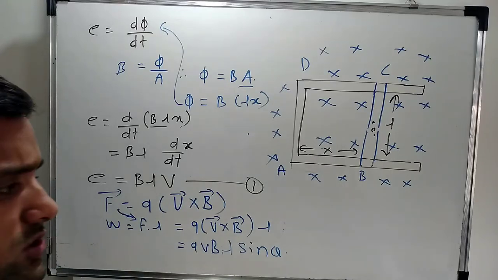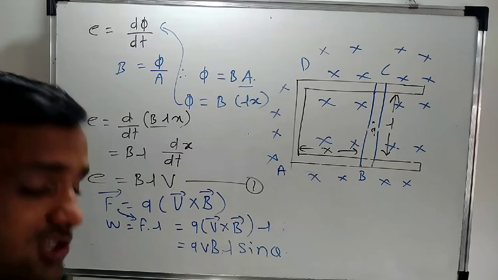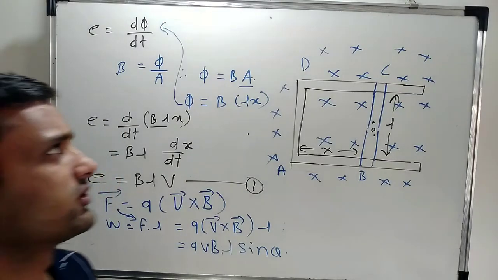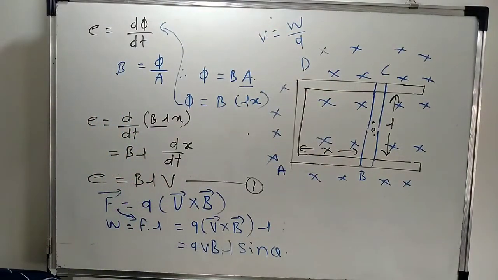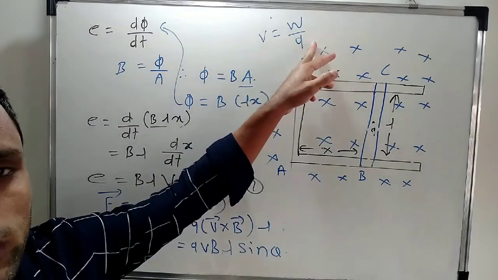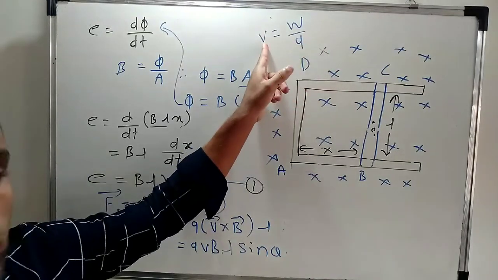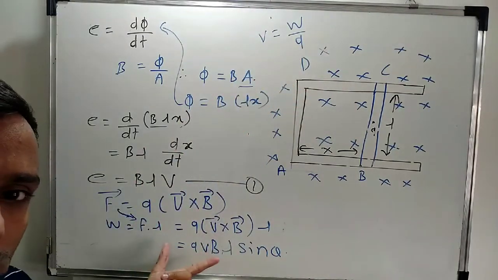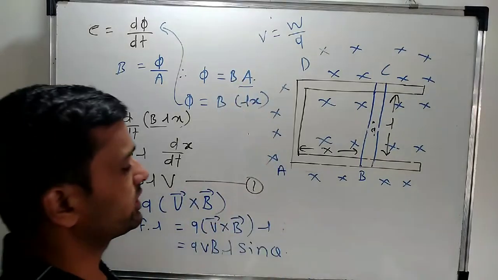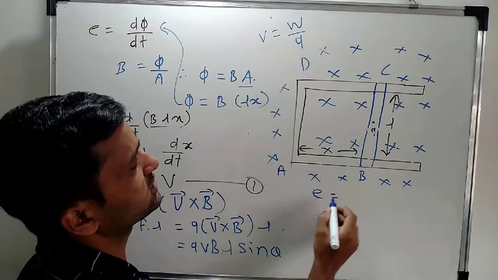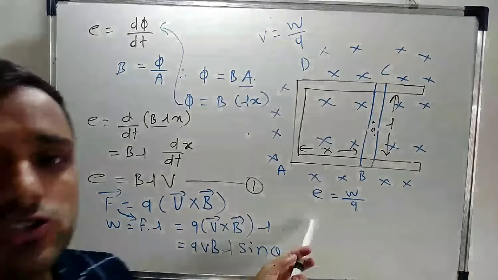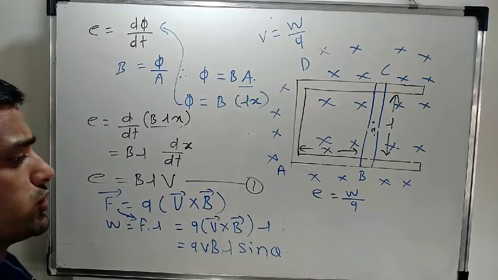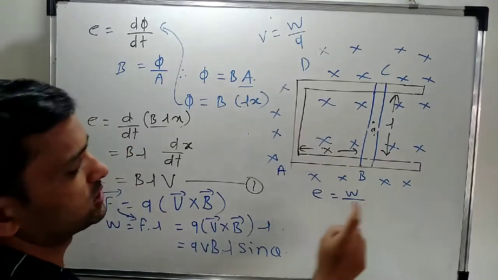How can you write the new equation for induced EMF? As in the 9th standard you know, what is potential difference? Potential difference means work done to carry the unit charge. Here V is the voltage, but here we have the EMF. So how can you write the same equation for E? E is equal to W upon Q. So voltage can be replaced by EMF. Induced EMF is equal to W upon Q.